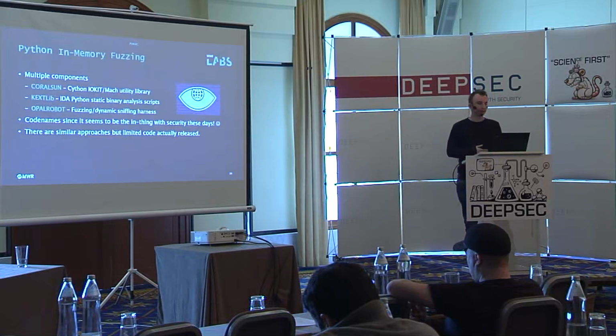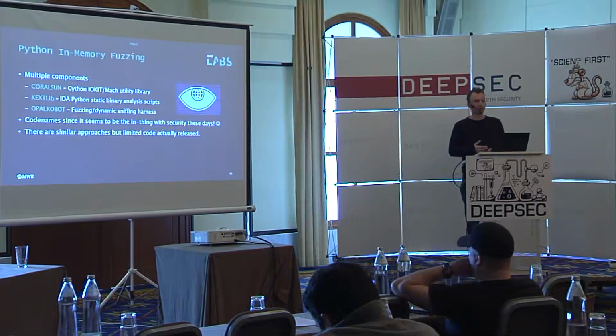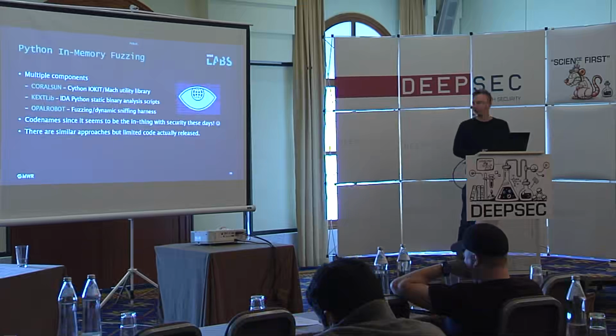Then I wrote something called kxtlib, which is IDA-Python scripts you can run on a device driver and pull out as much information as you can from the binary, doing binary analysis. And then finally, Opal Robot, which is the fuzzing harness. It's a way of capturing stuff at runtime, but also doing mutation and monitoring and all the kind of common fuzzing